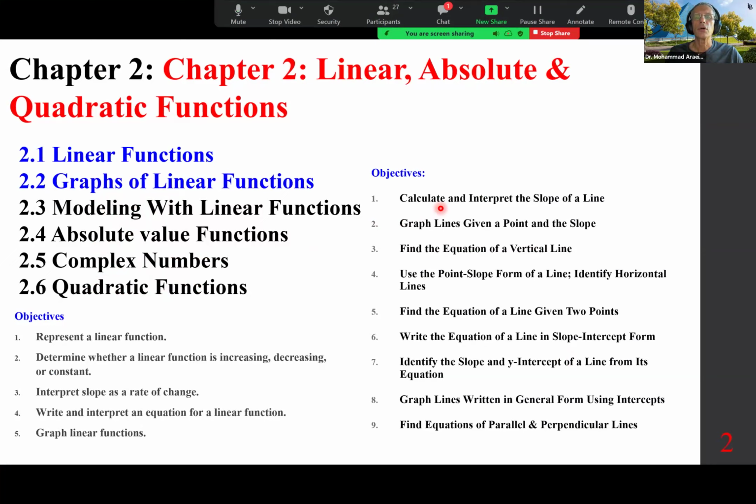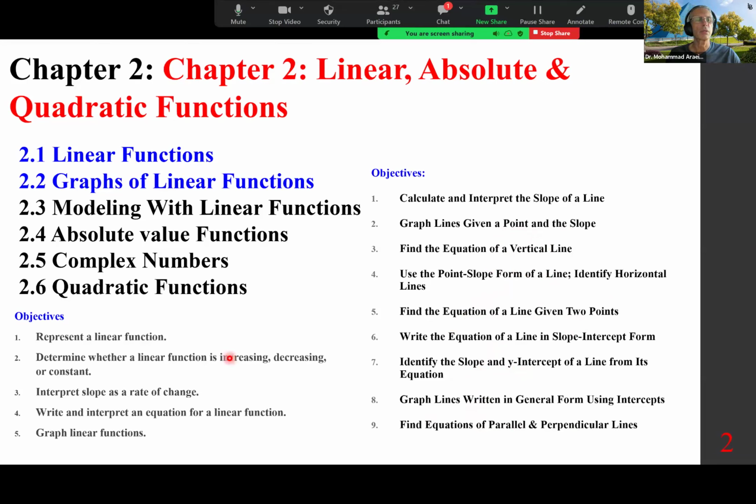The objectives are to calculate and interpret the slope of a line, graph lines given a point and slope, find the equation of a vertical line, use the point slope form of a line, identify horizontal lines, find the equation of a line given 2 points, write the equation of a line in slope intercept form, identify the slope and y-intercept of a line from its equation, graph lines written in general form using intercepts, find the equation of parallel